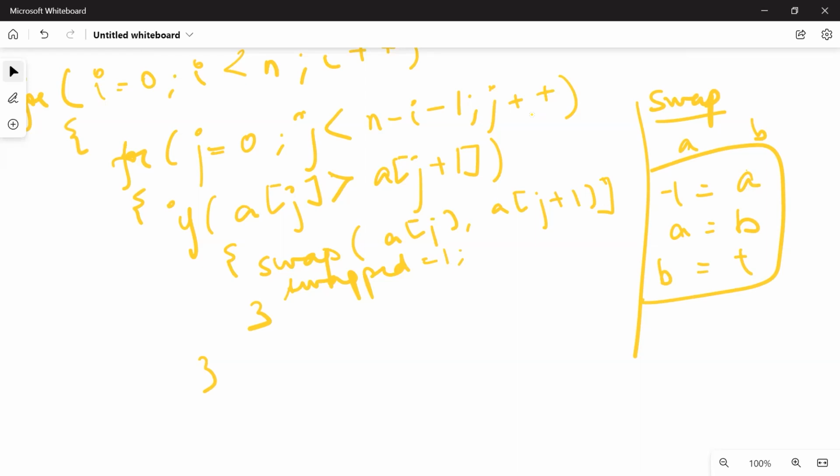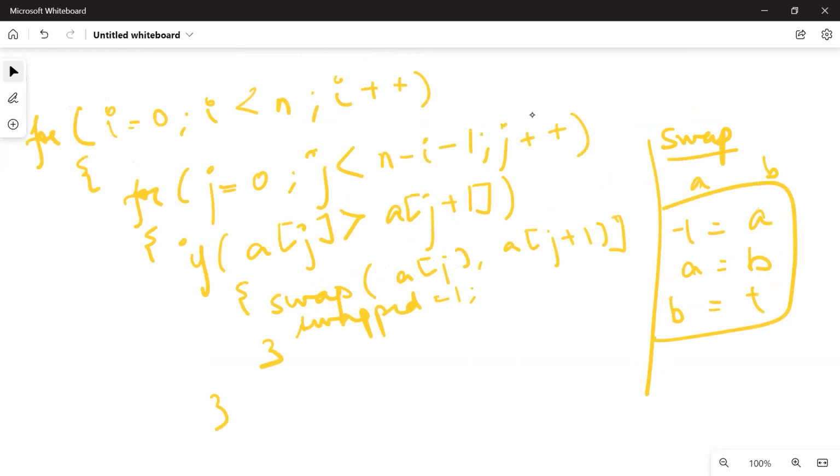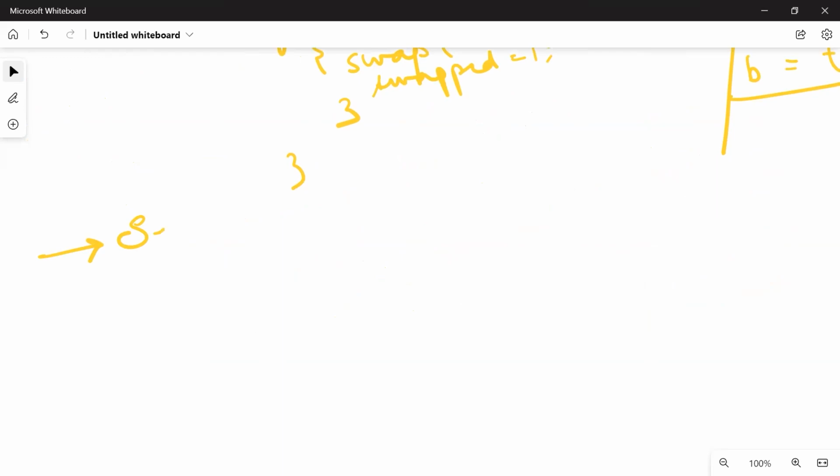So that was about your bubble sort. Now moving on to the next one, which is again a simple one, which is your selection sort. Okay. Have you guys understood this? Simple sorting, bubble sorting. Have you guys understood why we are having 2 for loops over here? Yes, that's cool enough. Now we can move to the second one, which is your